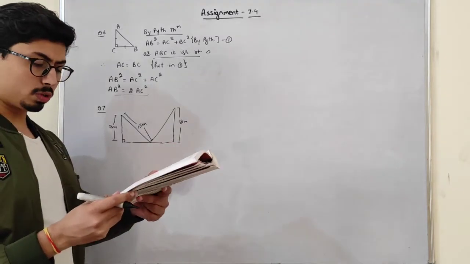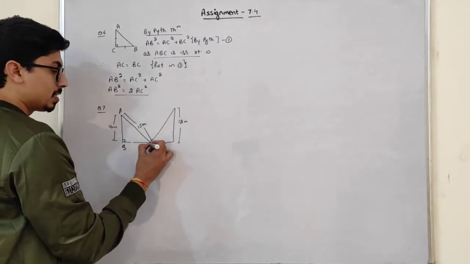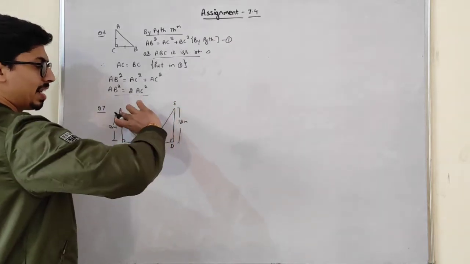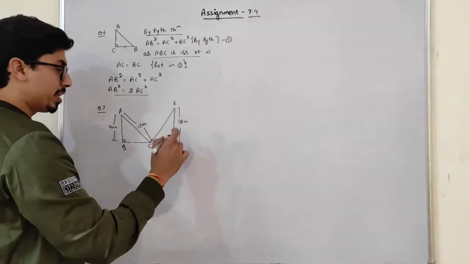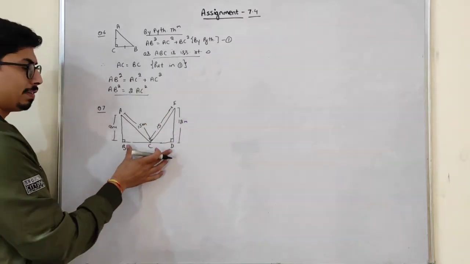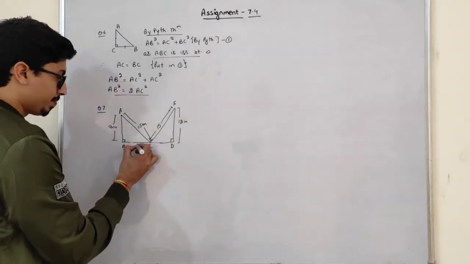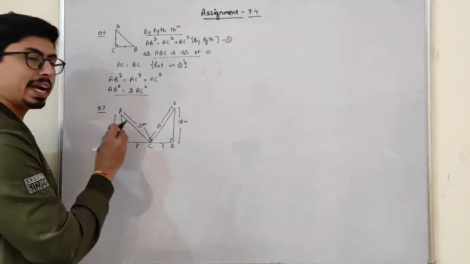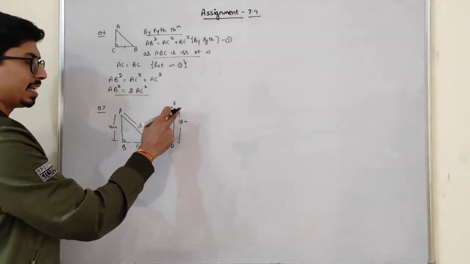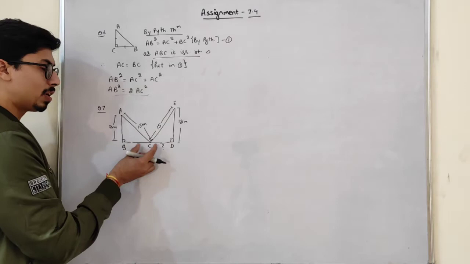So students, what we have to find out, find the width of the street. This is the street. So A, B, C, D, E. See, these two will be the right angle triangle. See, this ladder when turns here, the length of the ladder will not change. So this is 15. So this is also 15 now. But we have to find out this street width. Street width is BD. So just find out BC. Just find out CD and just add them and you will get your answer. So students, take triangle ABC, apply Pythagoras theorem. Take triangle EDC, apply Pythagoras theorem. By applying Pythagoras theorem, you can find out these two sides.